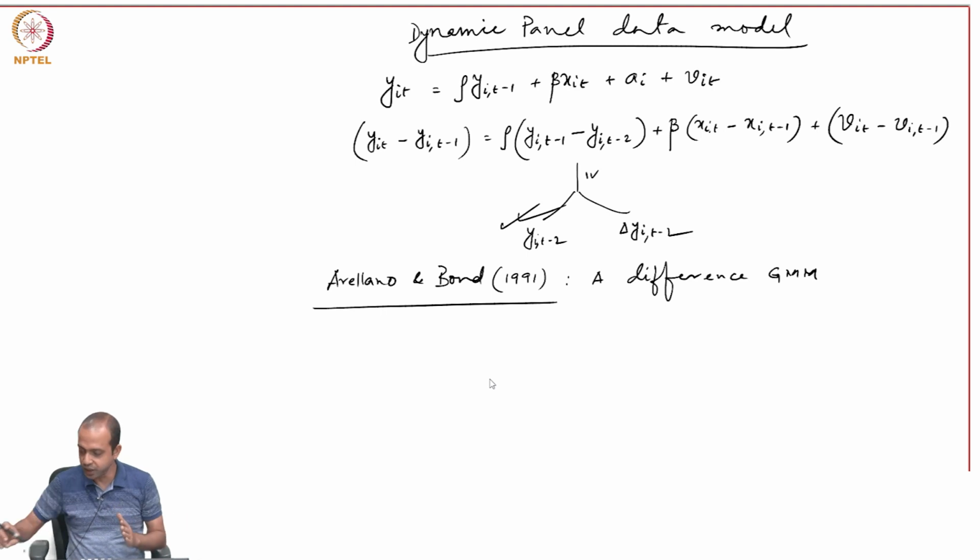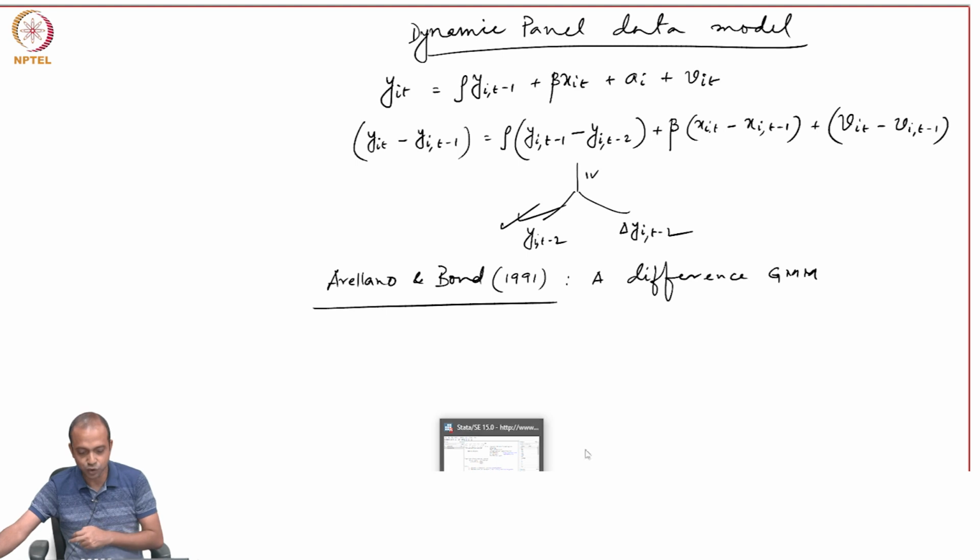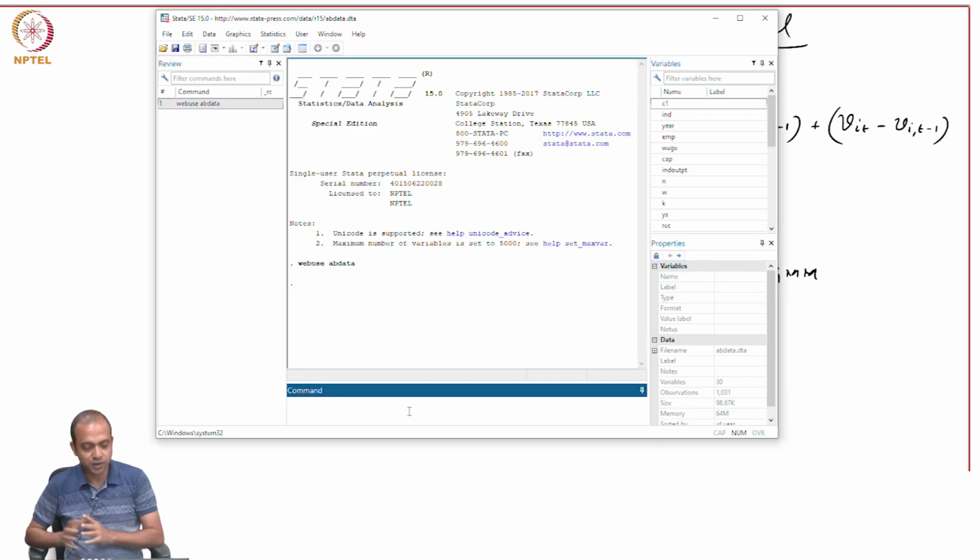So that was the context, and I will once again estimate this Arellano-Bond model before we go to the next model that we are going to discuss today. As you know, when you use Arellano-Bond's original data of UK firms, we have 140 firms data. To access the data we need to use the AB data, and then the command is xtabond.